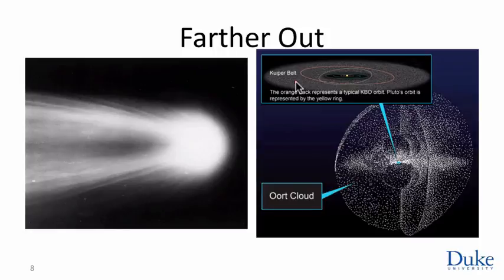And these are objects which, when perturbed from their orbits, form the source of the short and intermediate range comets that we see orbiting in the plane of the ecliptic. And it turns out that in order to explain the frequency with which we see comets, we can predict the density of objects that must be out in the Kuiper belt. The Kuiper belt might extend out to as much as 100 astronomical units away from the Sun.